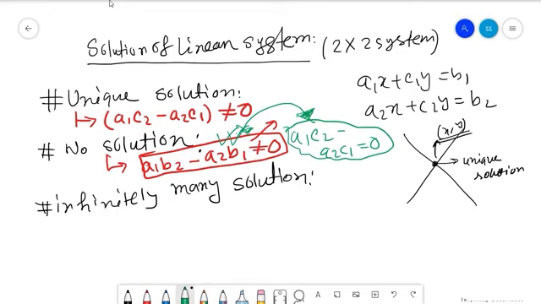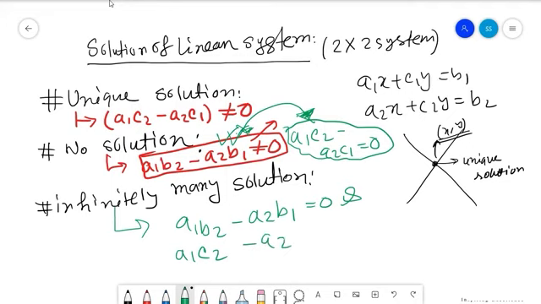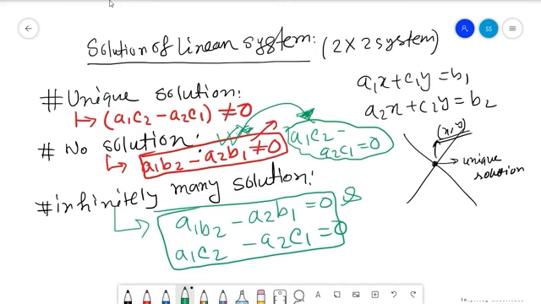Now let's talk about the infinite number of solutions. This is possible when a1 b2 minus a2 b1 equals 0, and remember we are using and here, not or, a1 c2 minus a2 c1 equals 0. This gives us the condition for infinitely many solutions, and this is the geometrical picture of the unique solution. Let's try to see the geometrical picture of